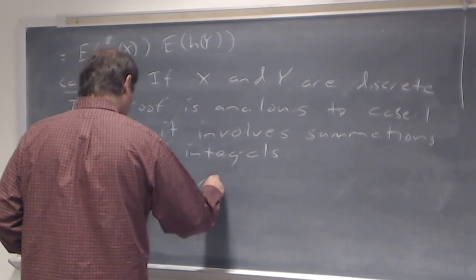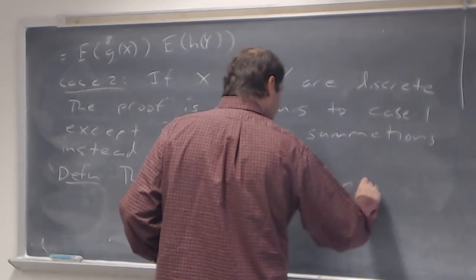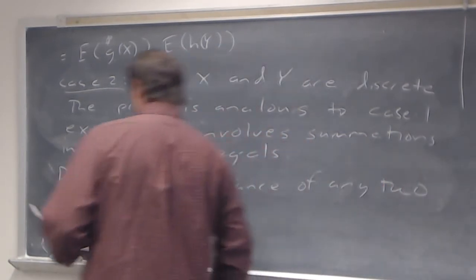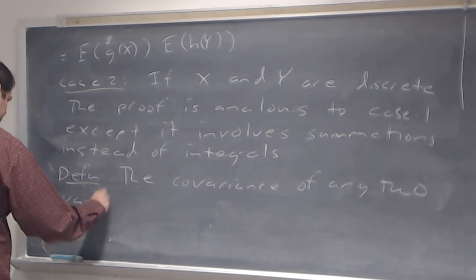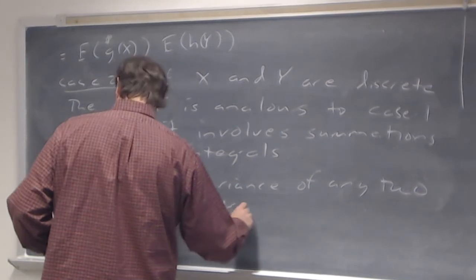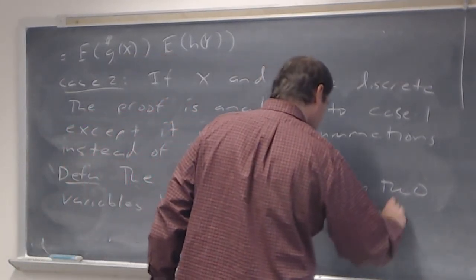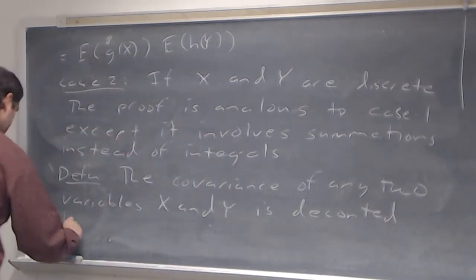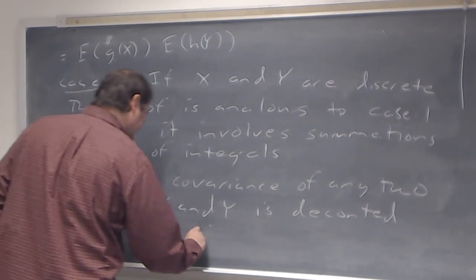The covariance of any two variables, x and y, is denoted by covariance of x comma y, and given by